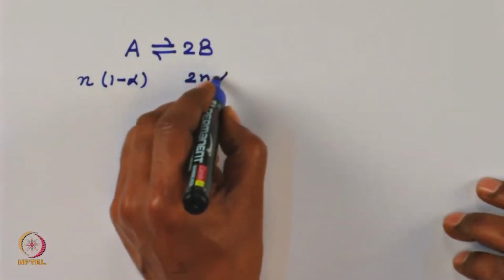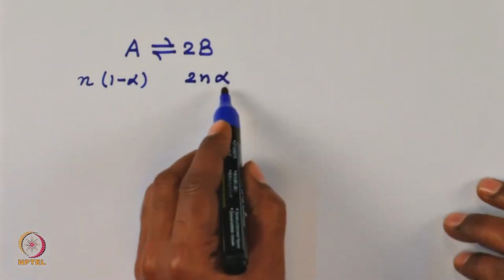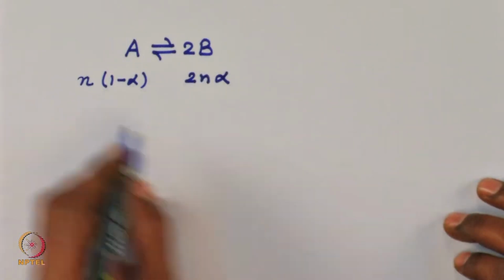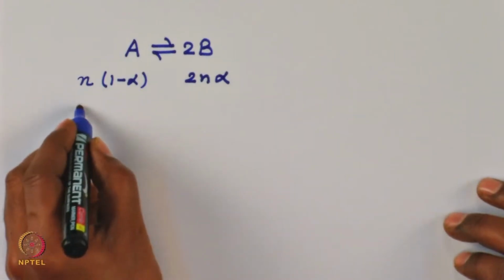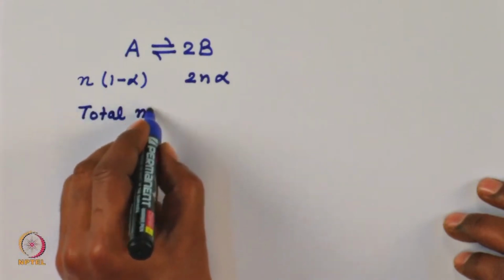So, at equilibrium we have 2n alpha moles of B and n into 1 minus alpha moles of A. So, total number of moles